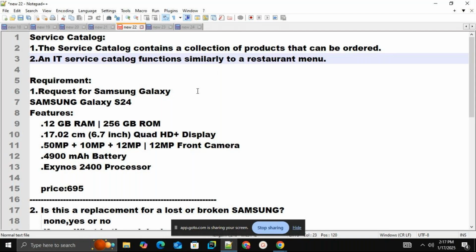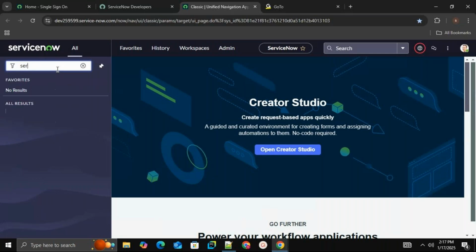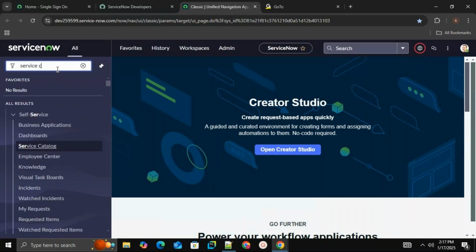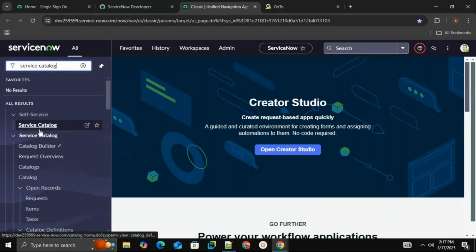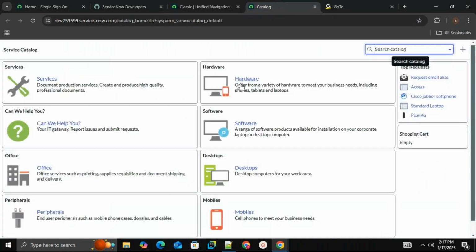And I have a requirement. Then we can see this requirement on service catalog. Let me show quickly. Once you type this, in the self service we have a service catalog. When you click on this service catalog, we'll see all the products which can be ordered to help the customers or users. So once you open the catalog, right? So these are all the